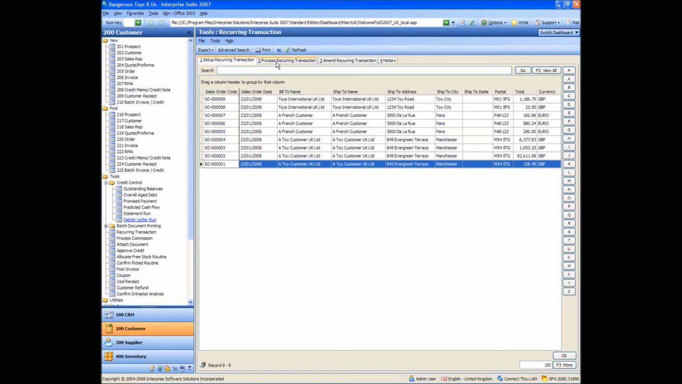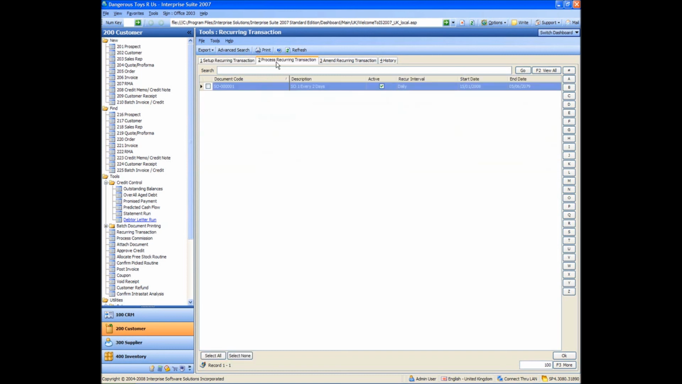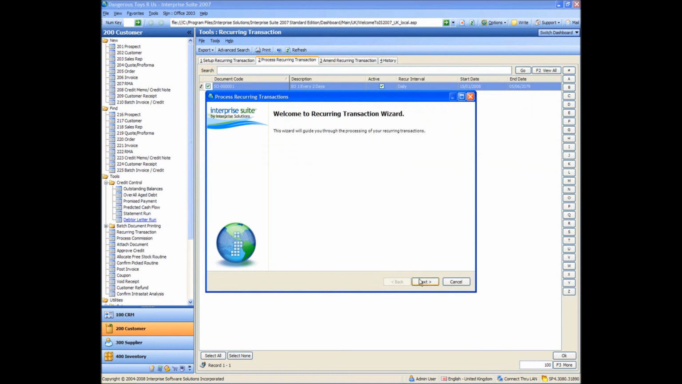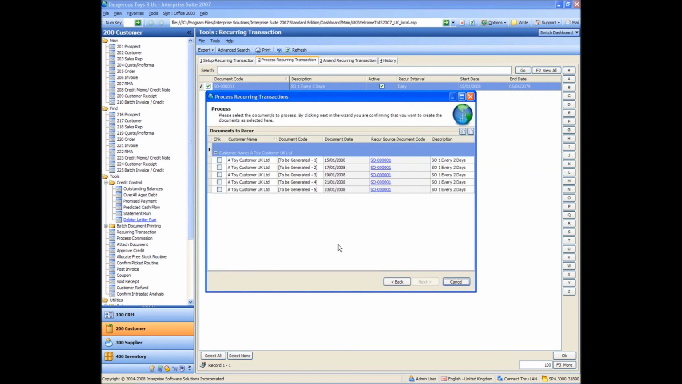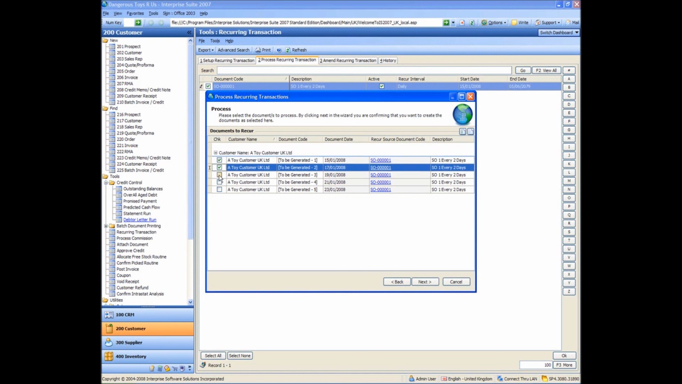Okay, if I then go into process recurring transactions, I should see my order in the list. So I tick that and click OK to process the order. It then runs the wizard, and it's going to show me how many recurring orders I should do. So from the 15th of Jan, every 2 days, it's saying I need to do 5 transactions up to the date where I am at the moment. So if I tick the ones I want to recur, which I'll do all of them, I've got a select all button up here, might as well do that,